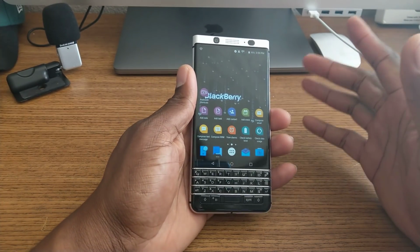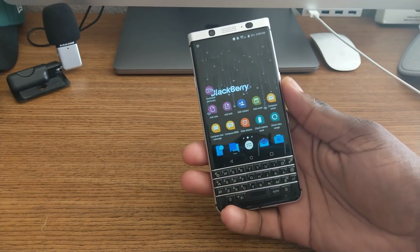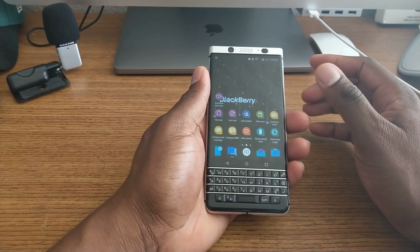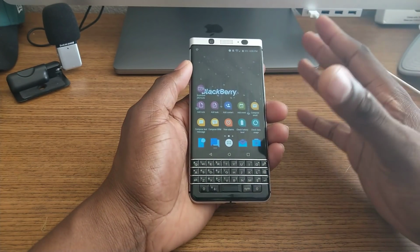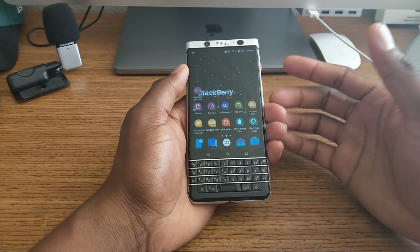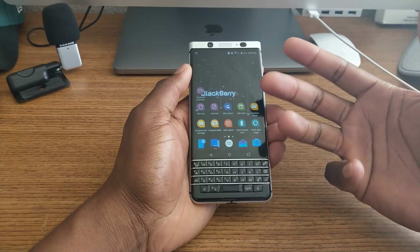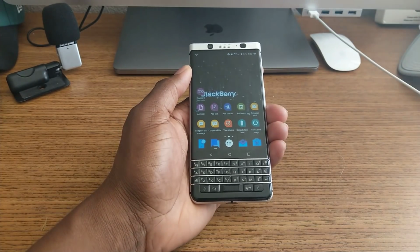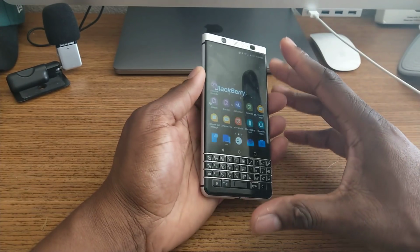The BlackBerry Keyone is one of my prized possessions of phones that I have. It turned out to be a phone that I didn't think I would like, but I actually do like it, because I was indifferent about using Android software on the so-called BlackBerry brand. But this one has actually grown on me. Has that classic feel, but it's just running Android with a little bit more apps than I would get from my BlackBerry OS devices. So diving in here, let's take a look at the design of this phone and the